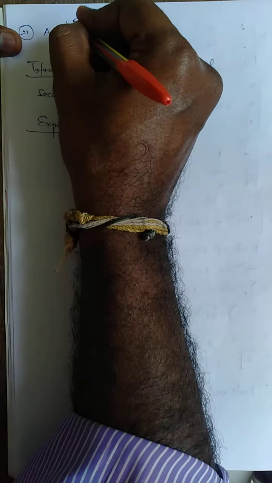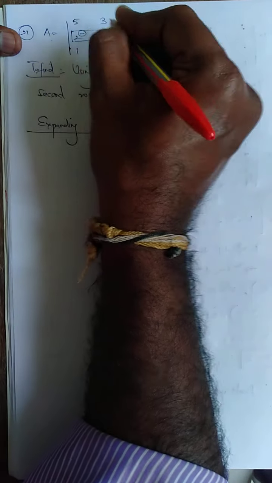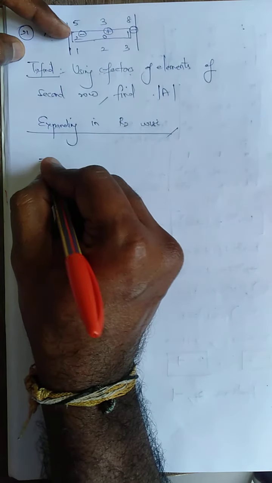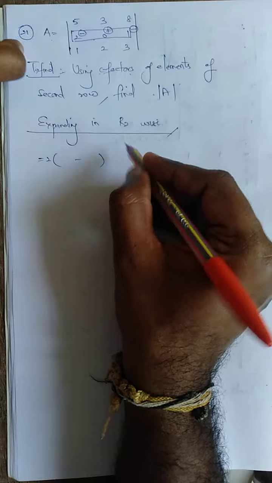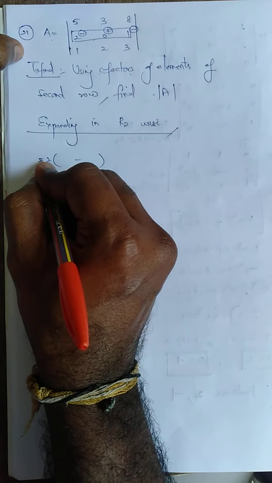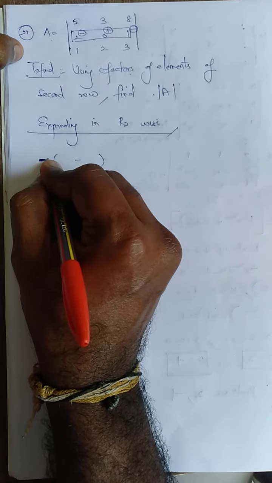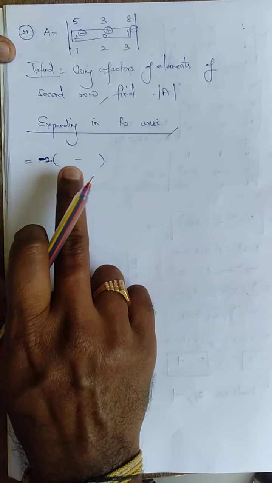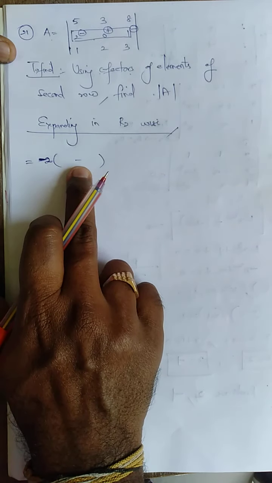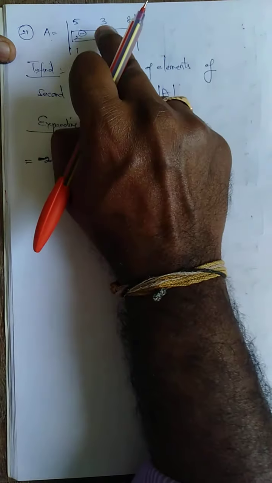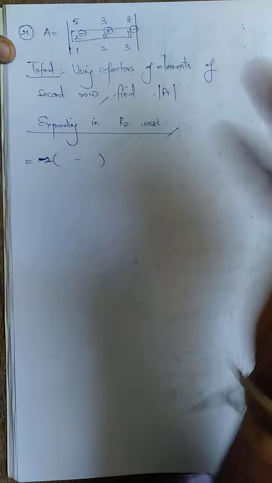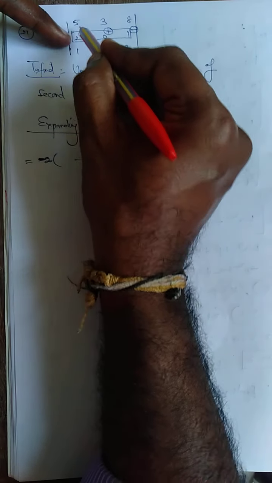The signs become plus, minus, plus. This becomes minus, this becomes plus, this becomes minus. So take 2 outside with minus. This is minus 2, so put minus 2. I forgot to put minus 2. Open the bracket with minus. This is 0, and if I put anything it is going to be 0, so you don't need to put it. This is minus 1. Put minus 1, open the bracket with minus.